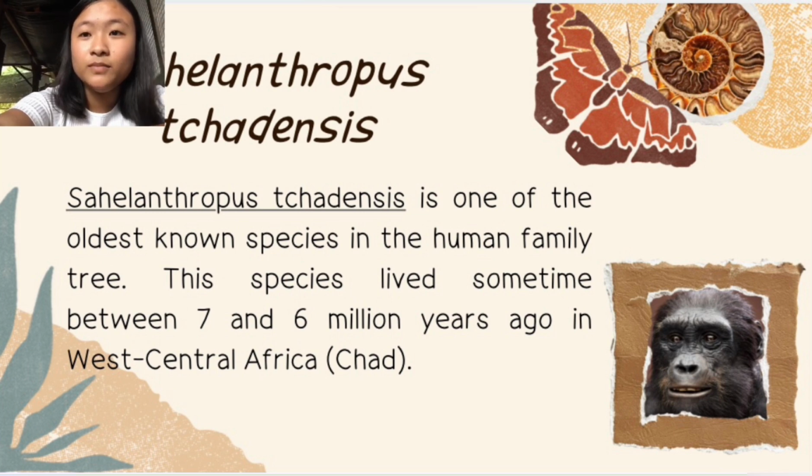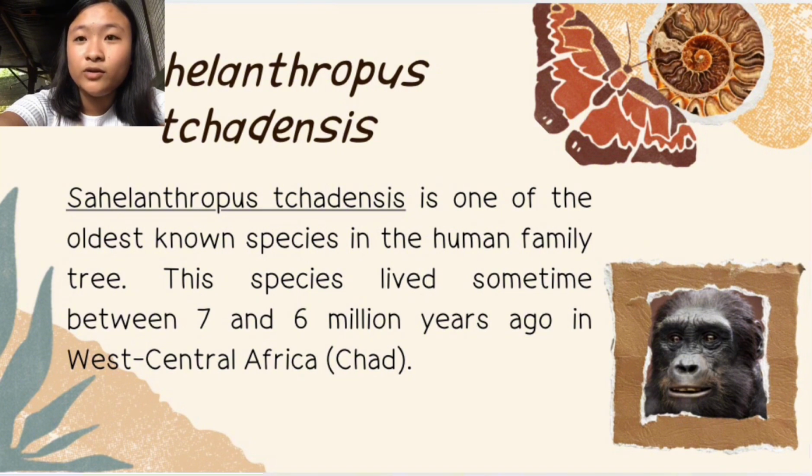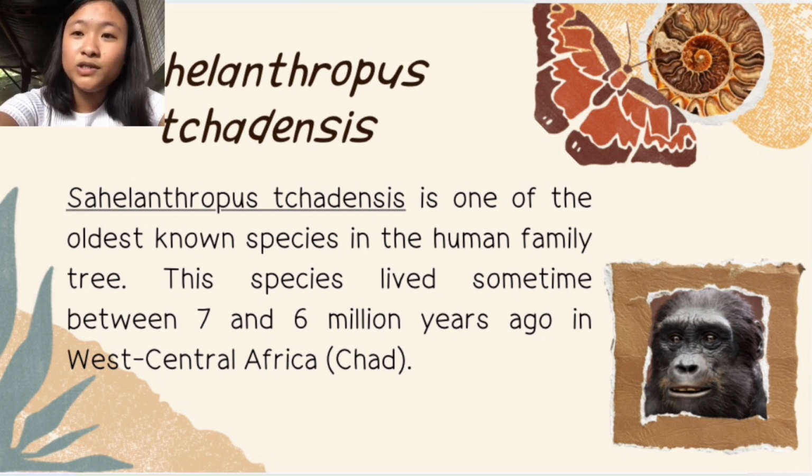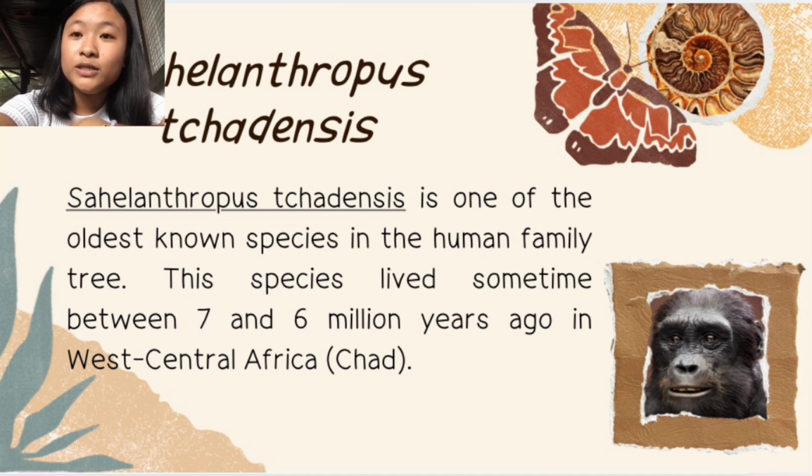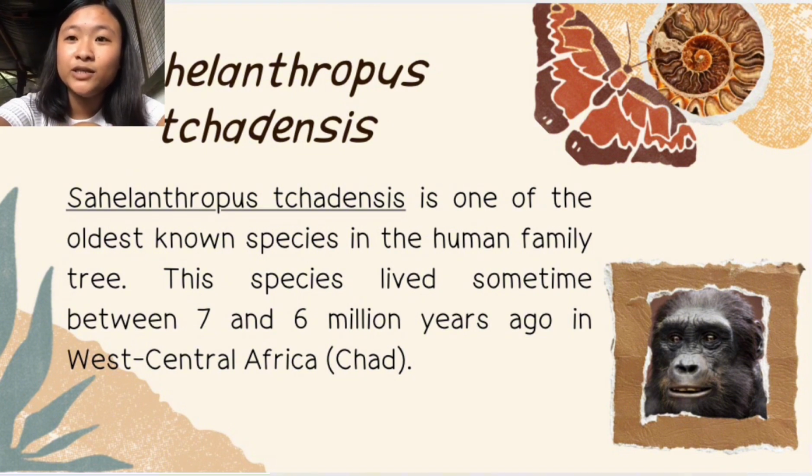So, the early hominids, or the primitive human-like organisms, appear in the fossil record for about 6 million years ago. The first recorded hominid was the remains of a small bipedal hominin, which is called the Sahelanthropus tchadensis. Sahelanthropus tchadensis is one of the oldest known species in the family tree. Walking upright may have helped these species to survive in various habitats, like the forest and the grasslands.